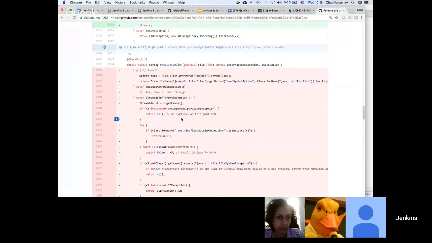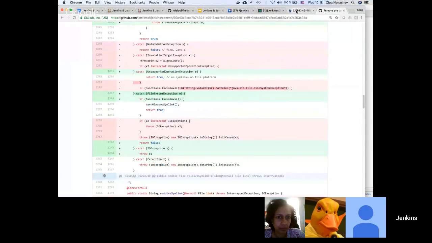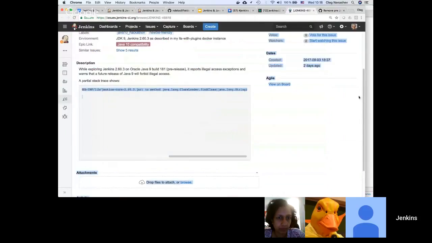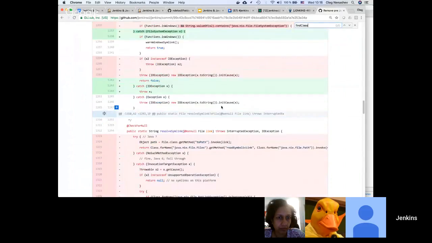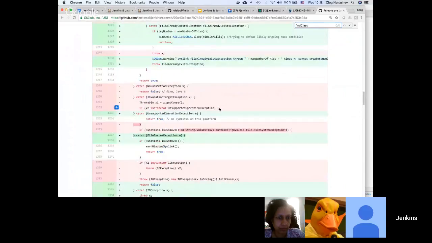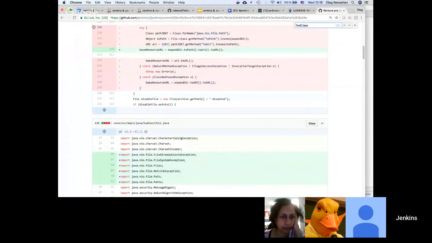Okay, so we know that the name of the method is find class. So we can just put it here, and we may see that this method is not present in the diff. So although Baptiste fixed some reflection code, most likely this particular case still exists.